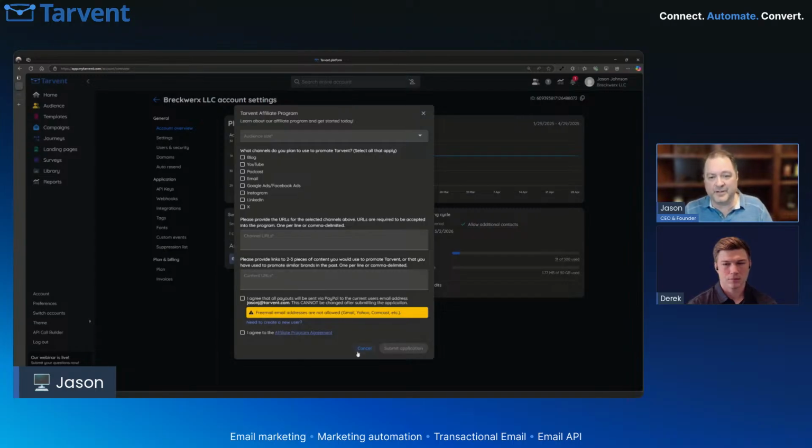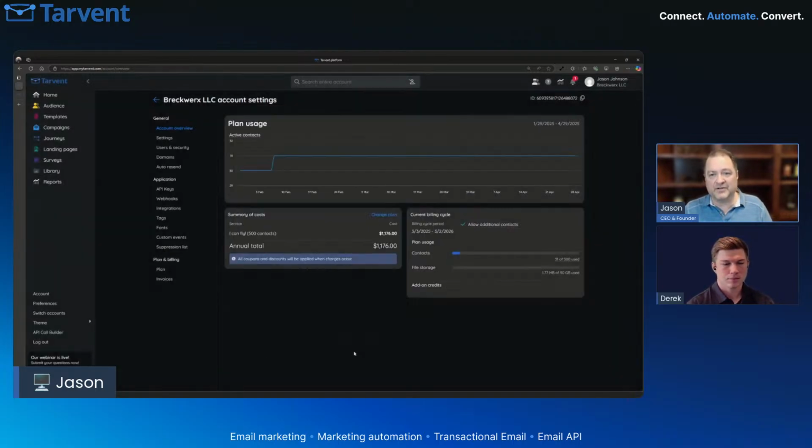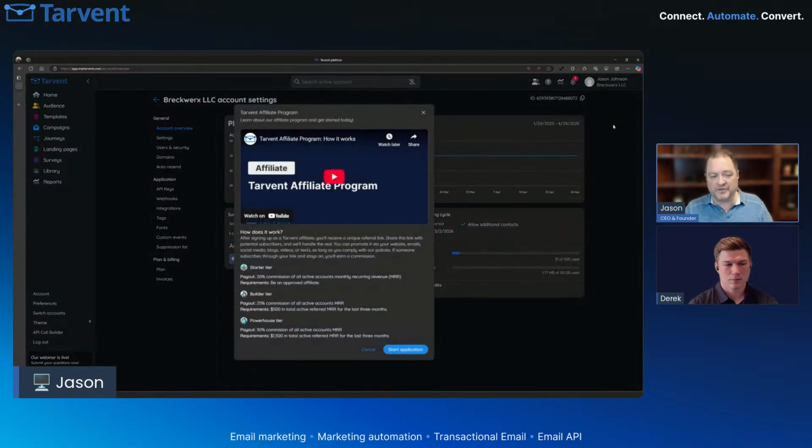They're providing that information, so you're able to go in, fill this out, and do what you need to do there. Once you fill that out, we'll review the information, approve it, and then you're in the system as an affiliate. This goes over the tiers on the payouts. You start at 20%, go up to 25%, and eventually end at 30% commission for the life of every account that you sign up.